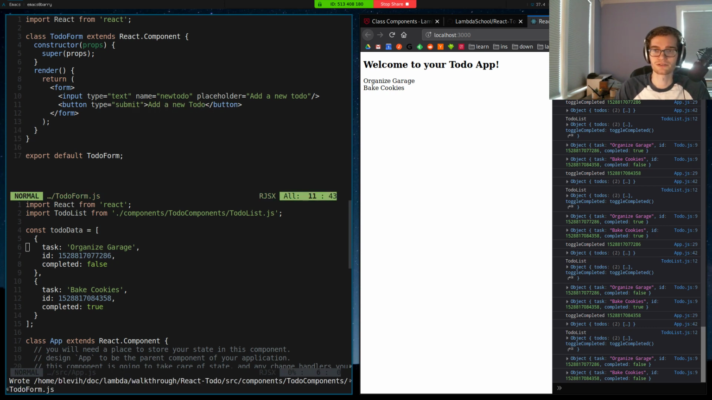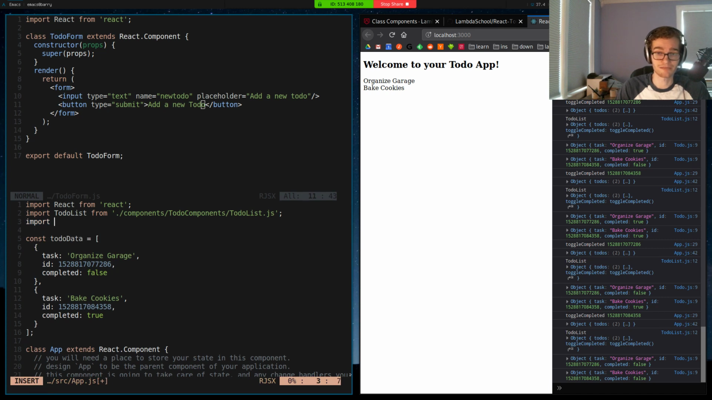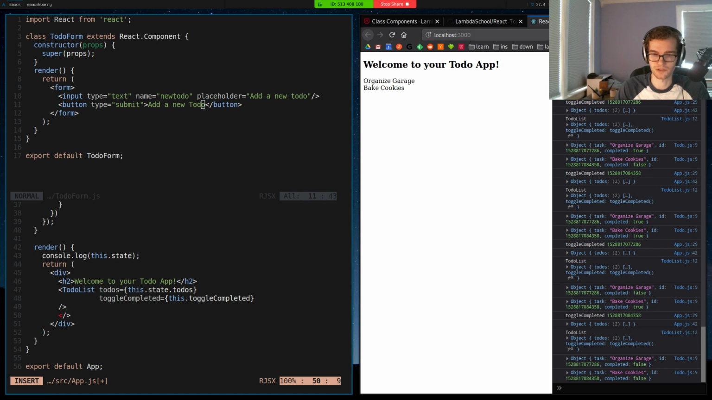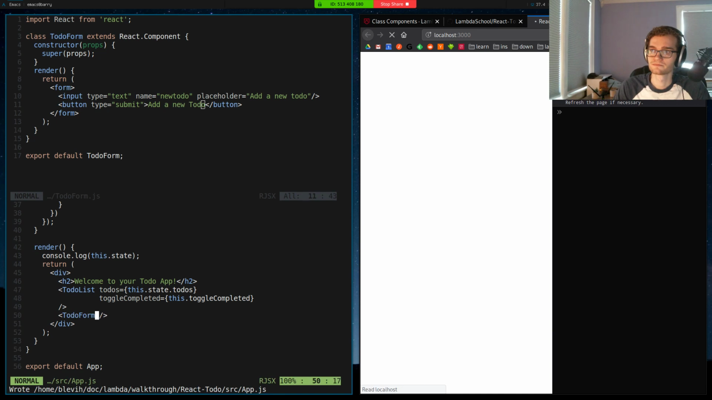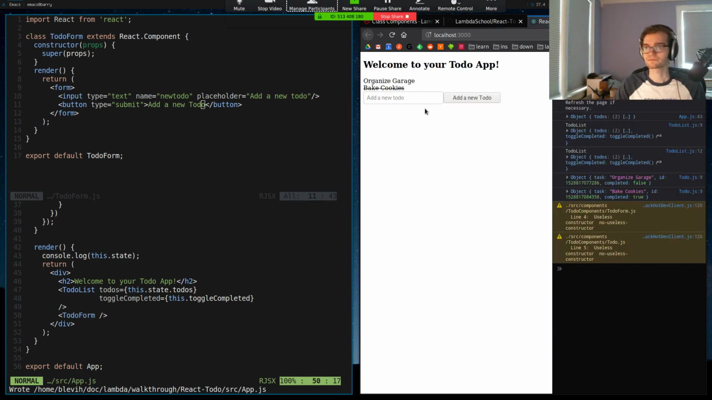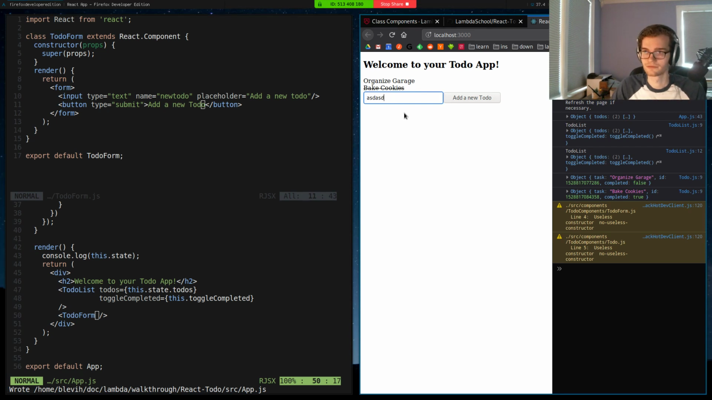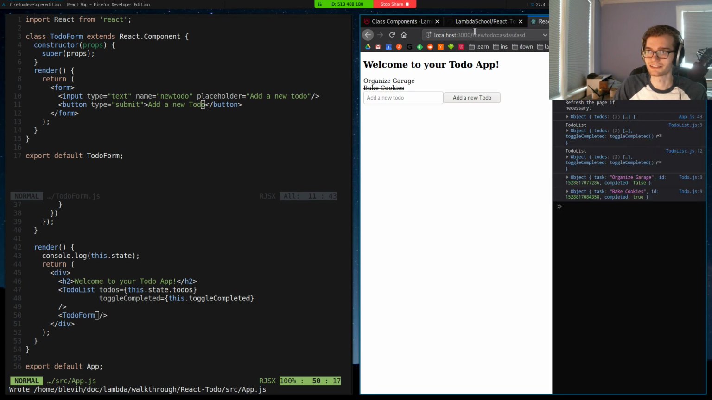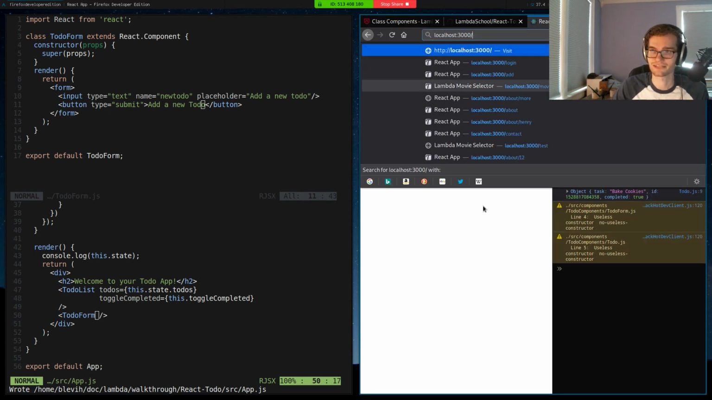Okay. So to get this to show up on my screen, I'm going to have to import it in app.js. So I'm going to import to do form from /components, to do components, and the to do form file. And then I can go down to my render function and render it just like any other component. There we go. So I have my little form here. I can type in there. I can click on my button, and it does its default form things,